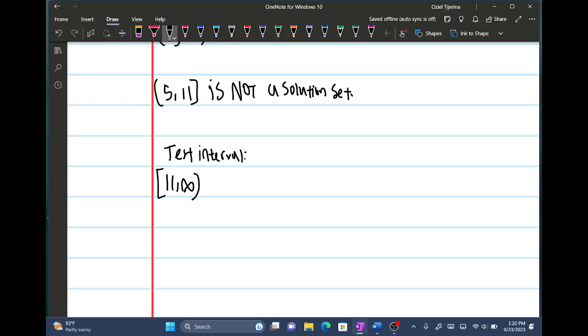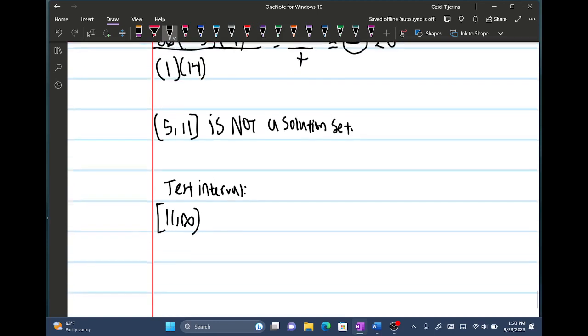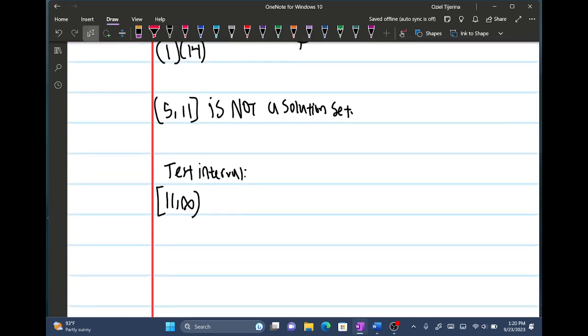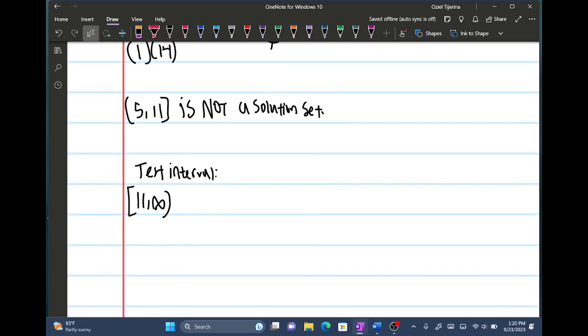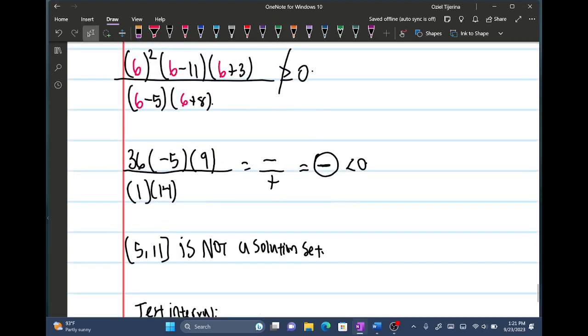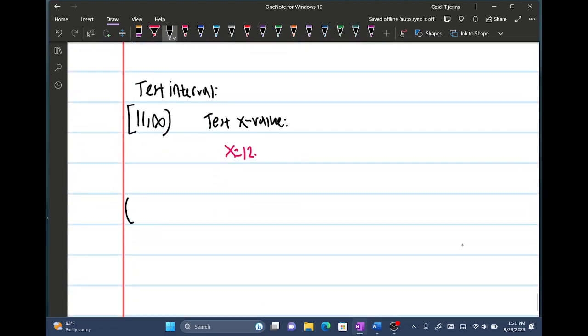Okay, and these problems are long, guys. I know these problems are really long, but the more you do them, the quicker you'll understand. So for this one, let's go ahead and do test x value. We're going to test x equals 12. When we do that, we're going to just plug it in. So the quantity 12 squared,